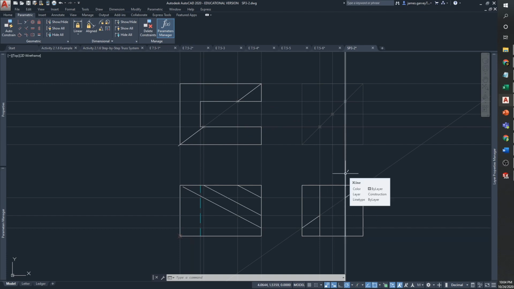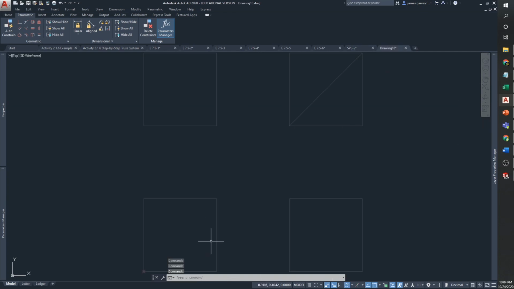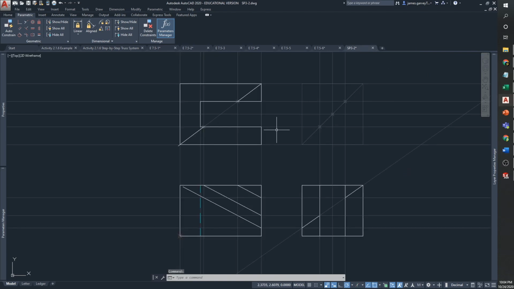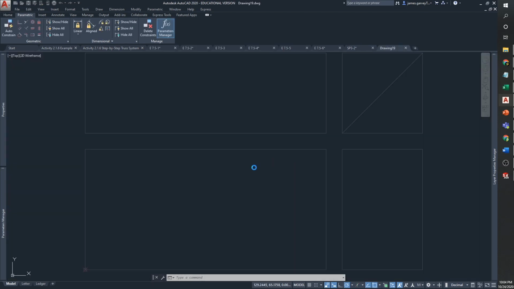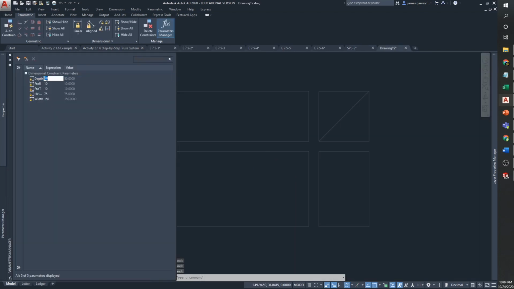So I'm going to run through this drawing here, that's SP3-2. I'm going to jump into SP3-1 and show you how I would go about this. So I'm going to hit a new one here. Let's see, I don't know if this one's actually metric though. Let me, new metric, open. Okay, so my first step is I'm going to go over to my parameters manager and make